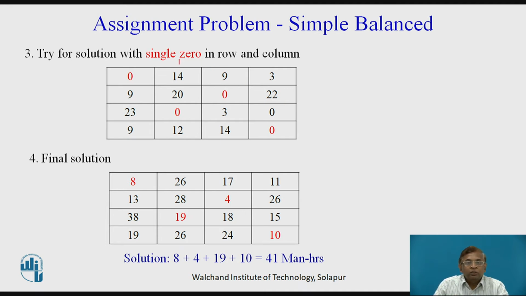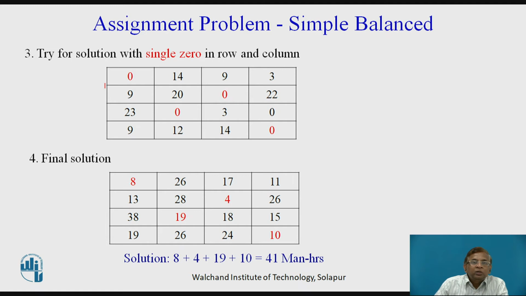Herein we look for the actual assignments, actual allocations. Here what we do is look for basically a single 0 in rows and then columns. Basic logic is to assign to a single 0 cell. While doing that, we do it firstly for all the rows, starting with first row going to last row. Then same procedure we repeat for columns, again doing it from first column to last column. And we keep on doing this till we consider all the zeros either allocated or crossed out from not being